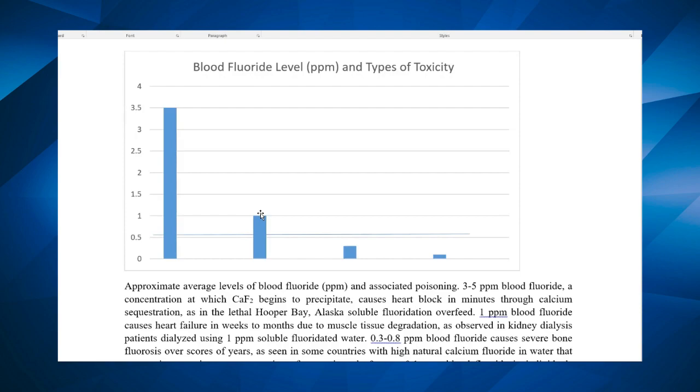And what happens at 1 is after weeks, months of doing that, you have a different form of heart failure. The fluoride actually caused the degeneration of the muscle tissue itself. That's been confirmed by CDC's own publications and research animals. Certain level of fluoride in the blood, you get degenerated heart muscle. So that's what was happening to humans in dialysis wards that were treated with 1 ppm safe fluoridated drinking water. So the FDA banned that. That's what happens at 1.